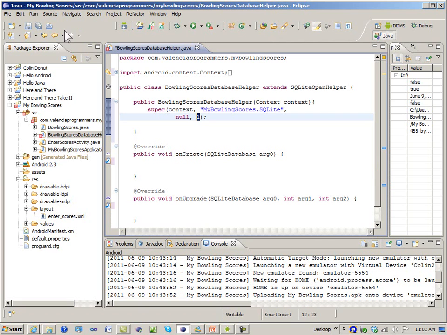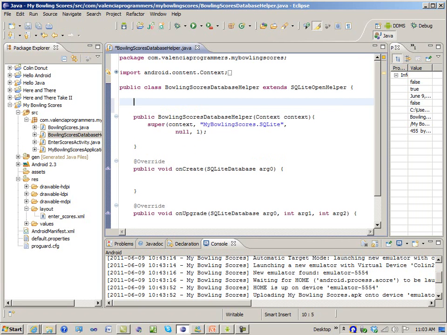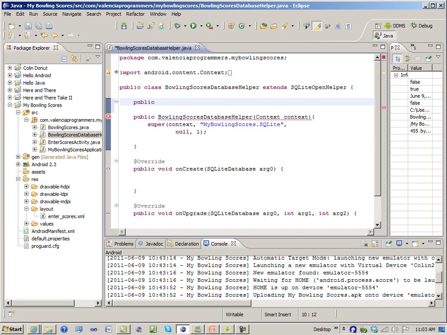Everything is compiling in here now, and I'm going to use what people would refer to as a best practice. If you leave strings kicking around in your text, hard-coded in your code, people will frown at that. So you should define some constants at the top. So I'm going to make a public static final string, and I'm going to call it dbName. This is the name of the actual file that's going to be